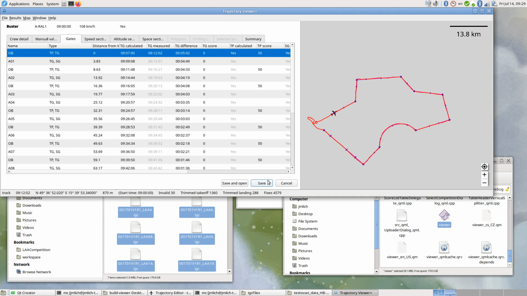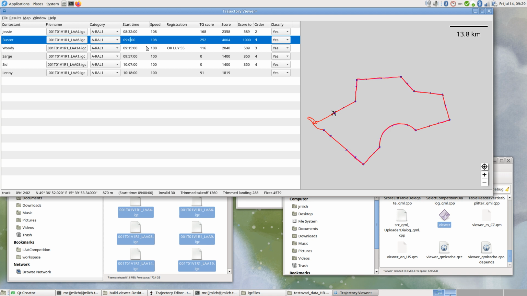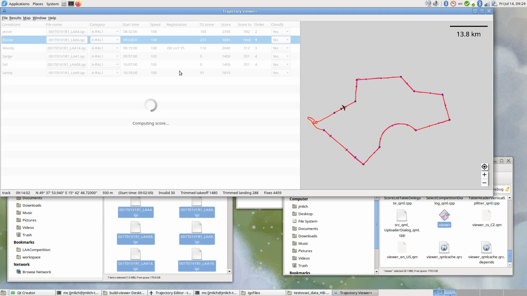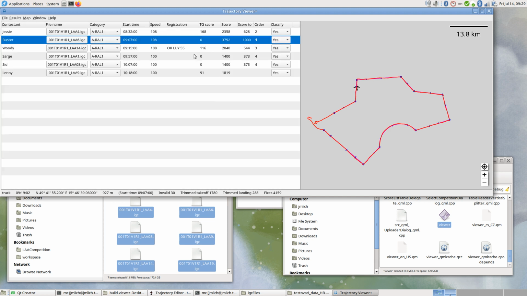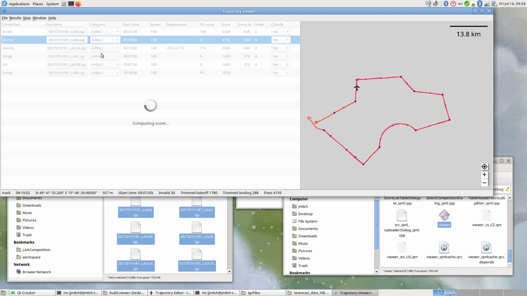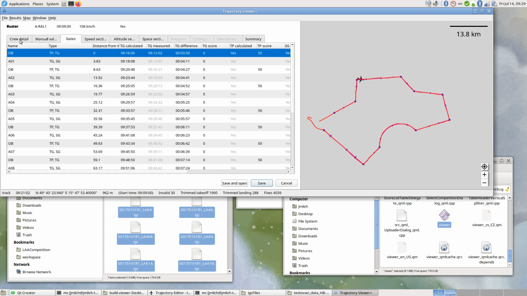Oh, sorry, measured is 12, so plus 5 minutes. So I can change the settings like this, and then I can see